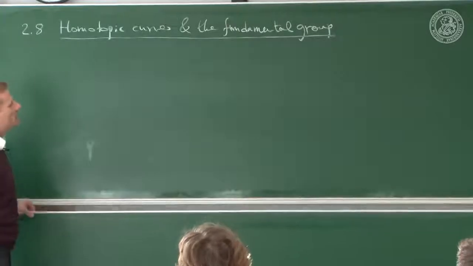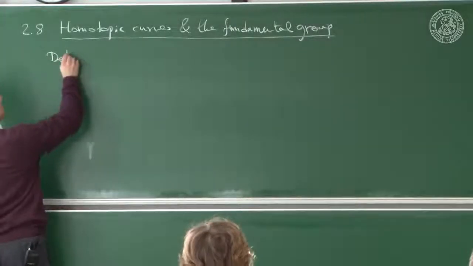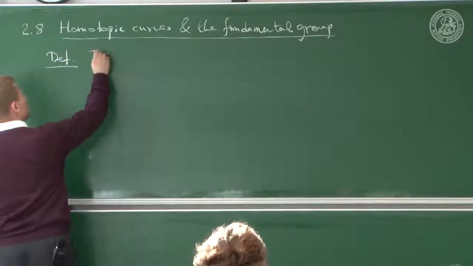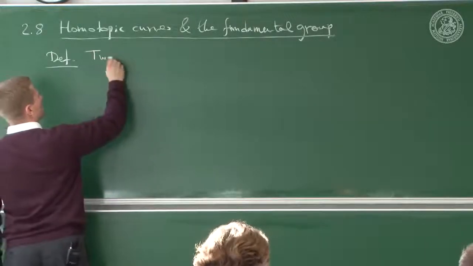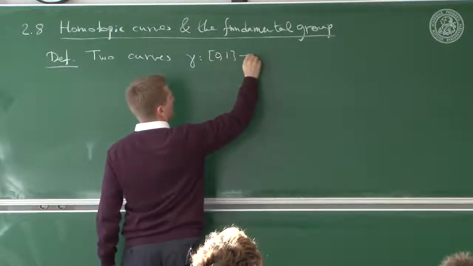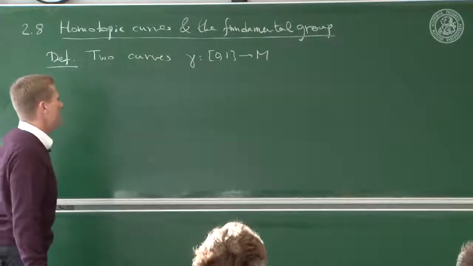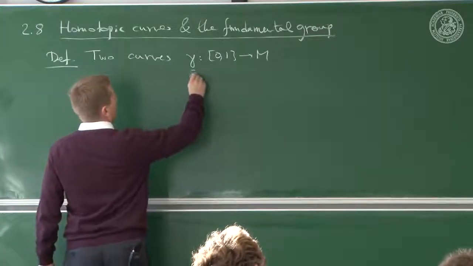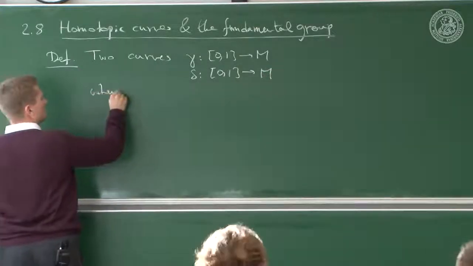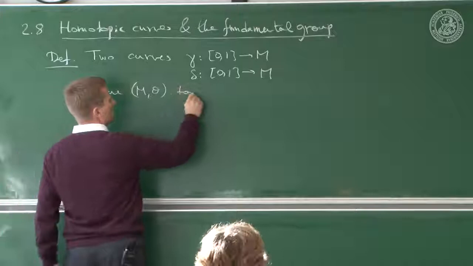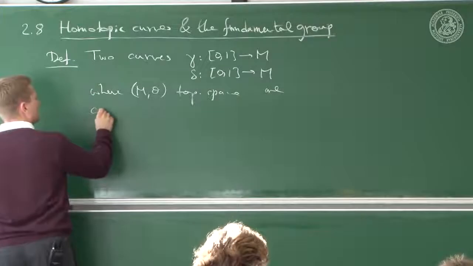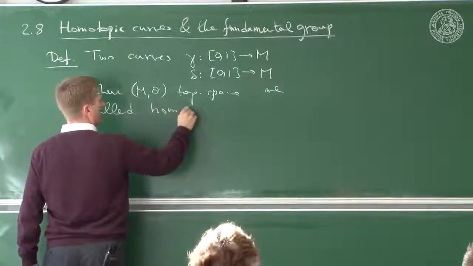Anyway, so first we need an auxiliary notion. That's the notion of two homotopic curves. Very, very intuitive notion. I'll draw many pictures. So two curves, gamma from 0, 1 into a topological space M, and delta from 0, 1 into the set M that underlies a topological space, are called homotopic